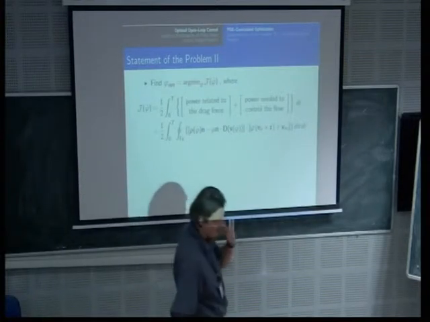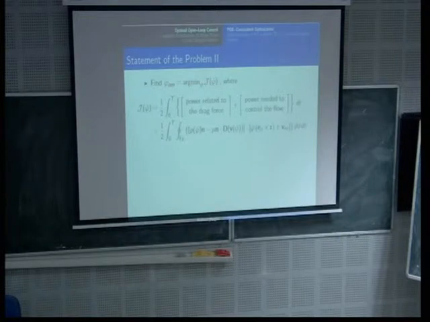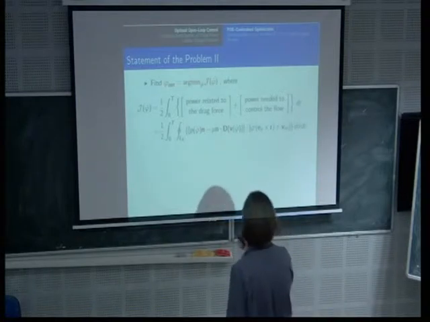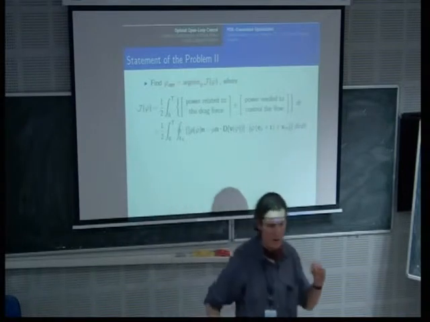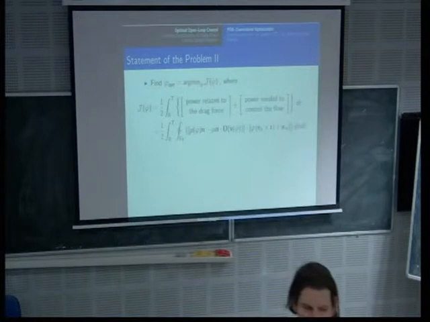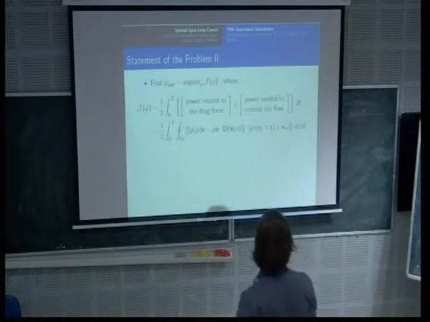I told you that once those vortices appear, the drag force jumps up, and what we are going to try to do is to reduce the drag force. It will be measured by the first term. And then at the same time, we would like to do so by expending the least amount of energy possible. So we want to exercise order epsilon effect on the flow in order to achieve order 1 result. That's the goal. That's why it is important to measure both.